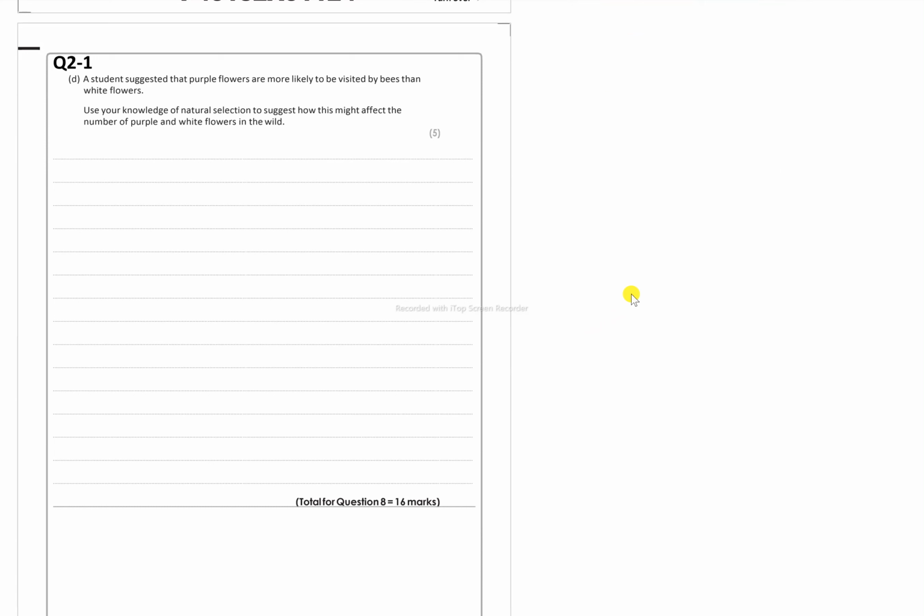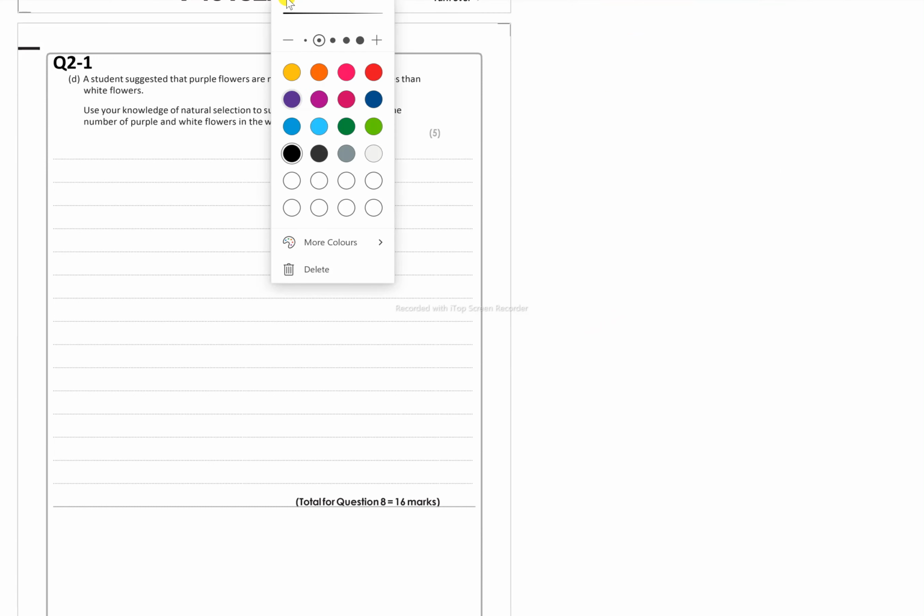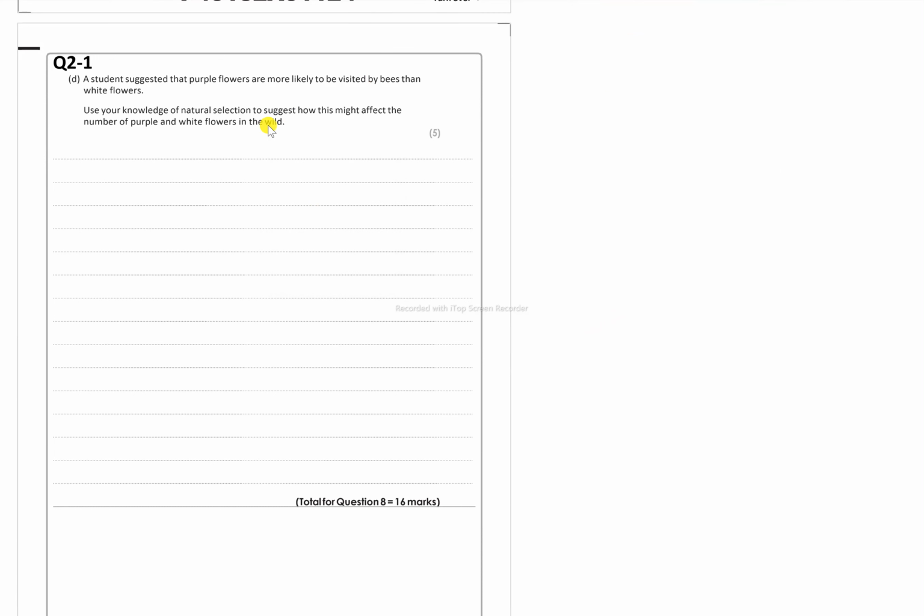Okay. It's going to be very similar, but this one is slightly different. So we've got here, a student suggests that purple flowers are more likely to be visited than white flowers. Use your knowledge of natural selection to suggest how this might affect the number of purple and white flowers in the wild. So what will happen is